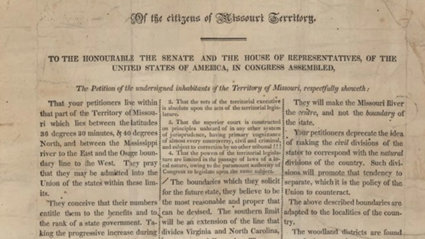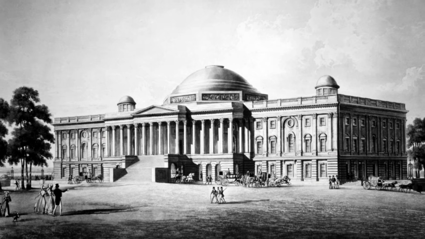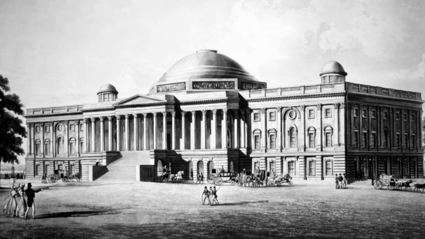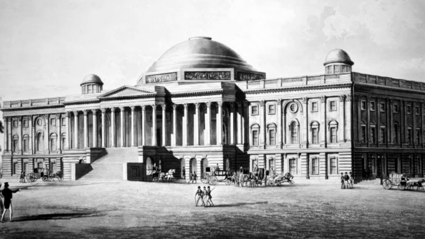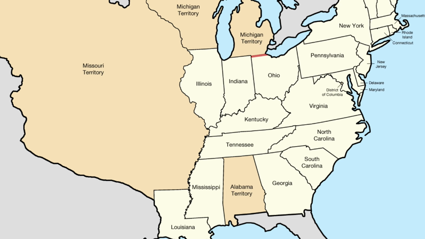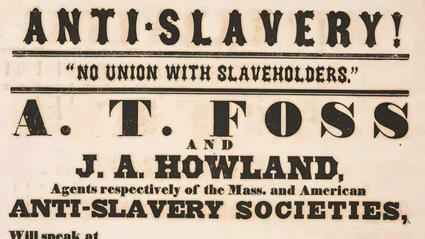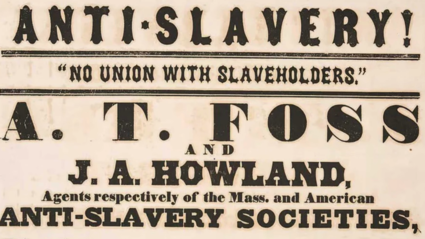The immediate issue facing Congress arose from Missouri's application for admission to the Union as a slave state, which threatened to upset the balance between free and slave states in the Senate. At the time, the Union consisted of 11 free states and 11 slave states, with many in the North opposing the extension of slavery into new territories, while Southern representatives argued that slaveholding states had the same right to admission